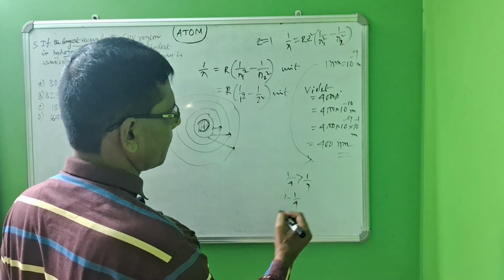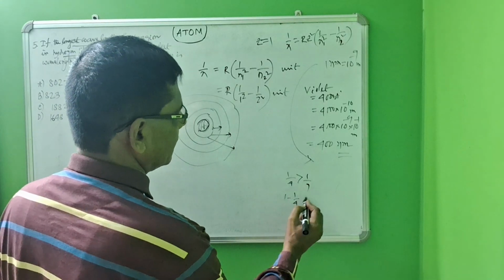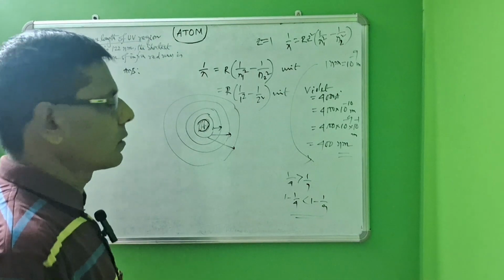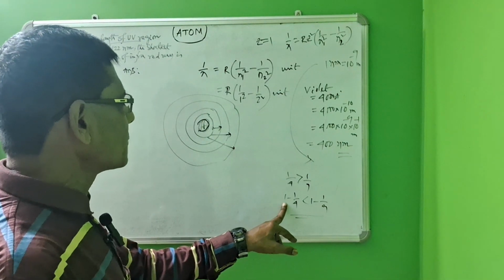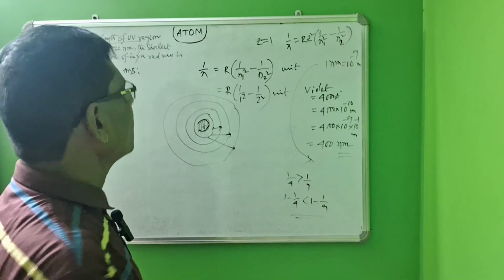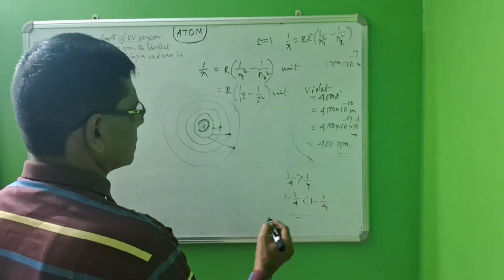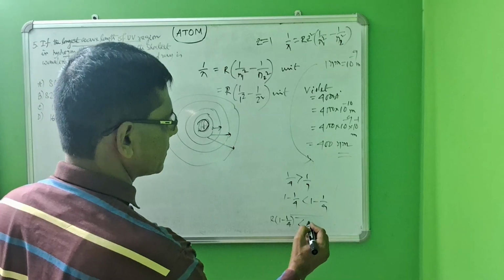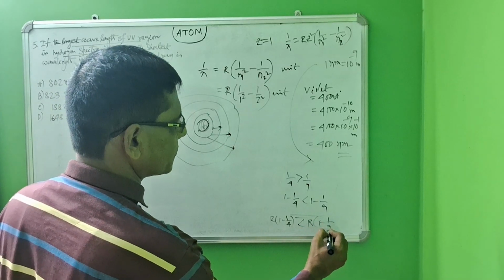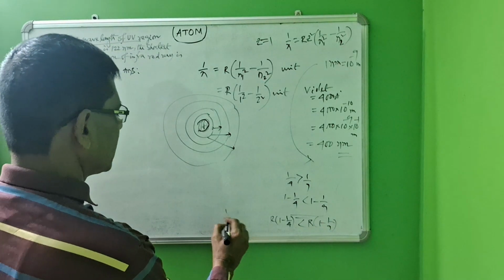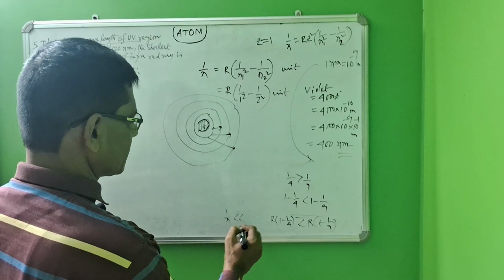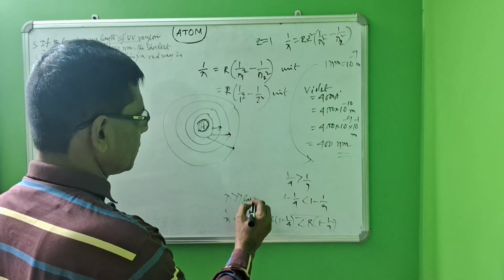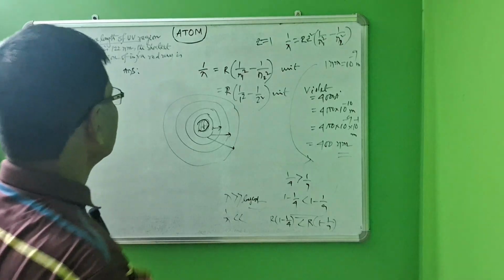So 1 minus 1 by 4 is less than 1 minus 1 by 9, and r times 1 minus 1 by 4 is less than r times 1 minus 1 by 9. So 1 by lambda lessens, so lambda will be largest or longest. In this way,